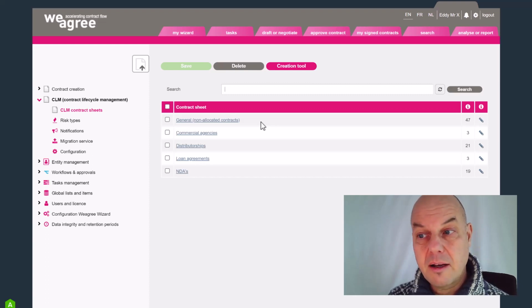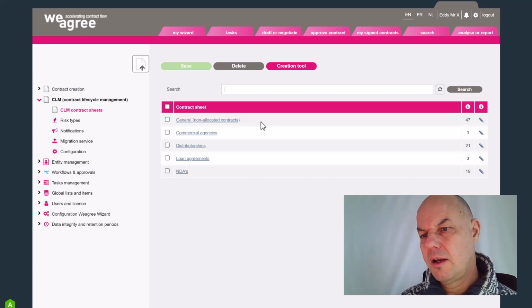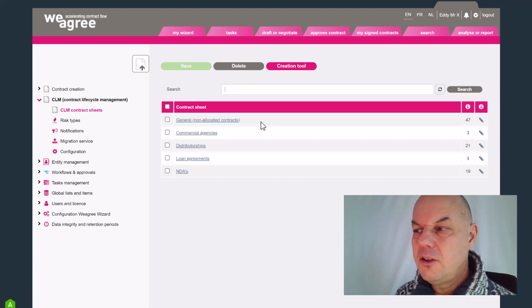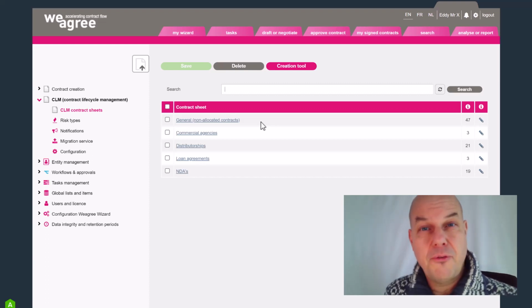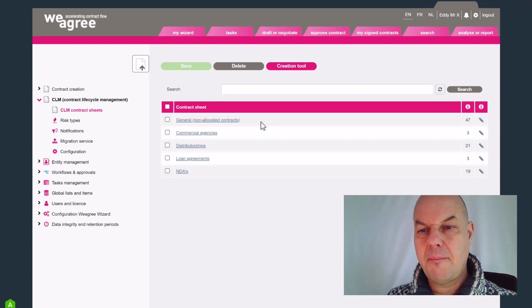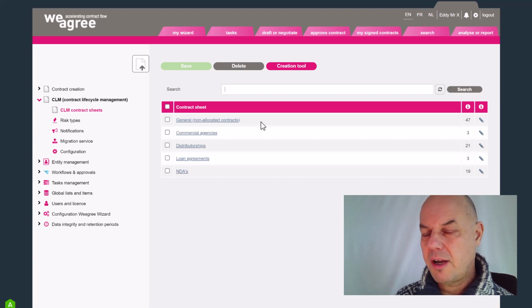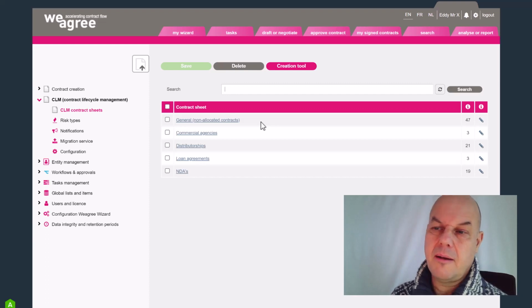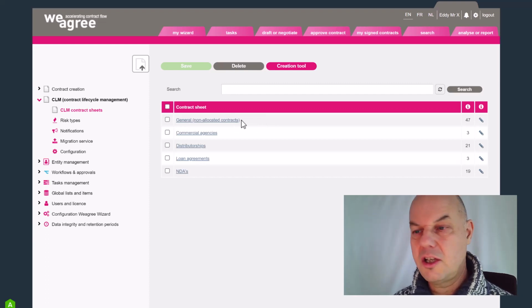This may be an important question, because in a contract sheet, you define those CLM fields on which you want to manage that type of contracts. If you start with a CLM and you're having a scattered type of contracts that you manage, so not of a particular kind, but a sort of everything, then a general non-allocated contract sheet might even be